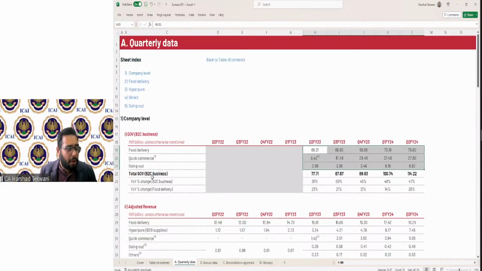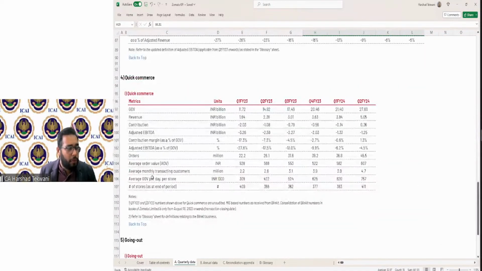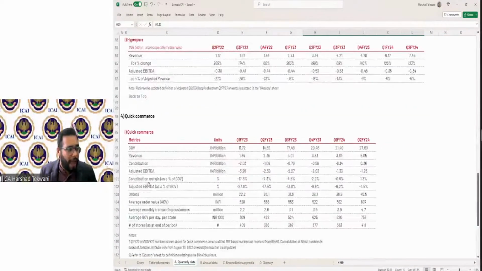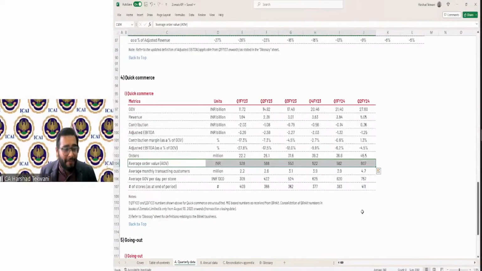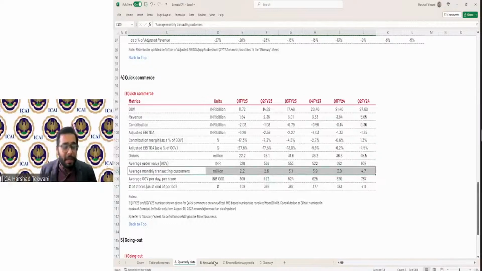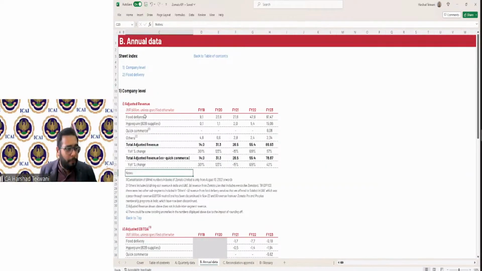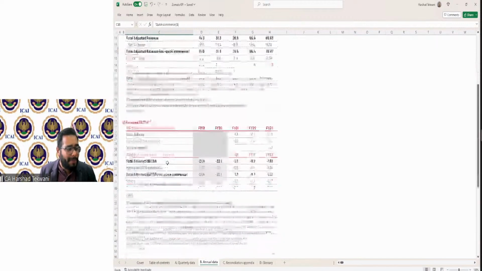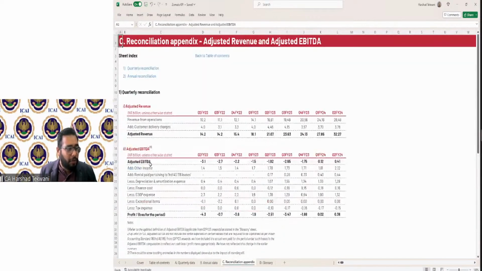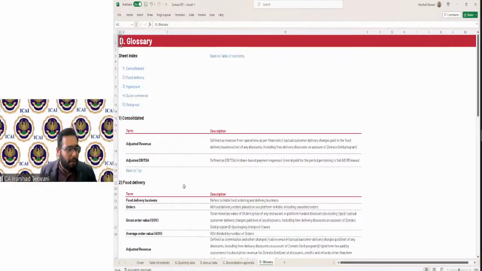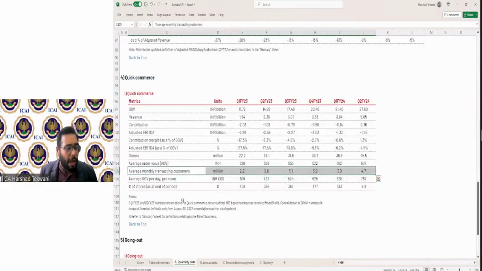Okay. Then you have the average order value that they have calculated. What is the average order value? Average monthly transactions of the customer. This is how the company is calculating and measuring its performance. Like what is the food delivery, what is Blinkit, Hyperpure, quick commerce, etc. Then you have some reconciliations to measure, and this is how the entity is measuring and reviewing the